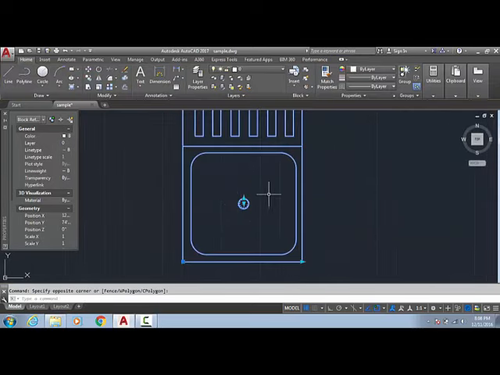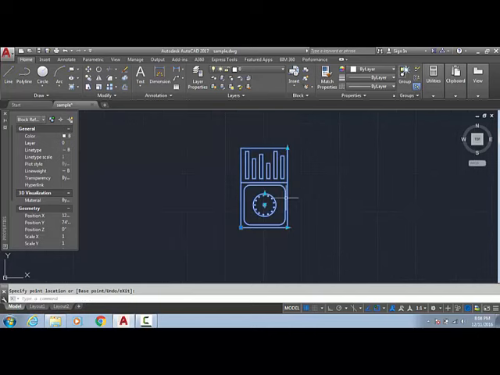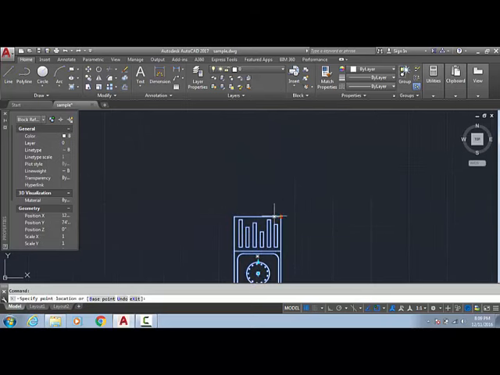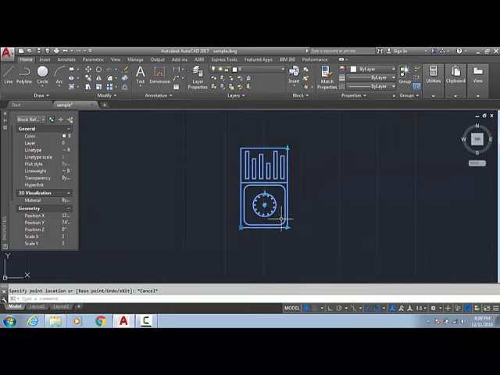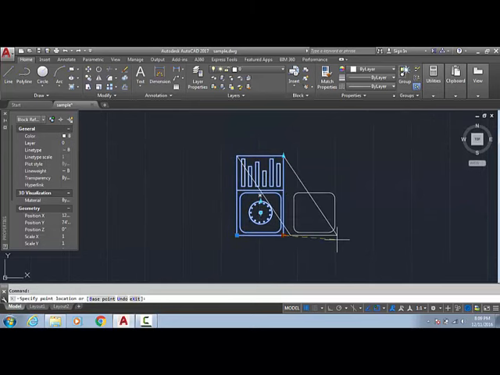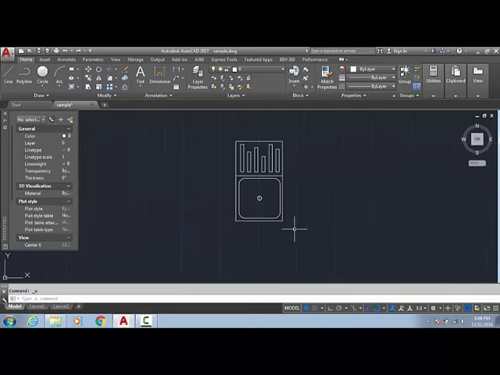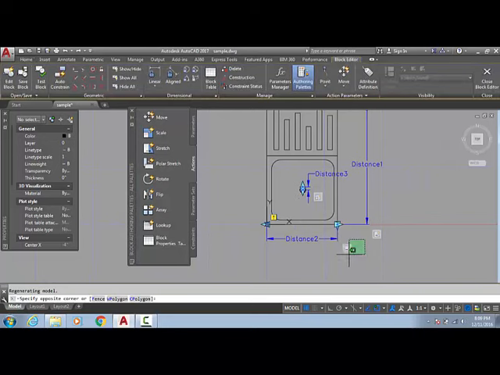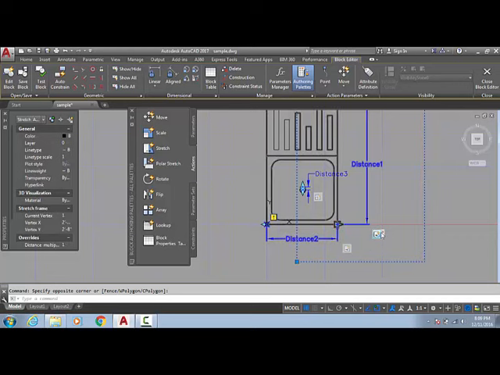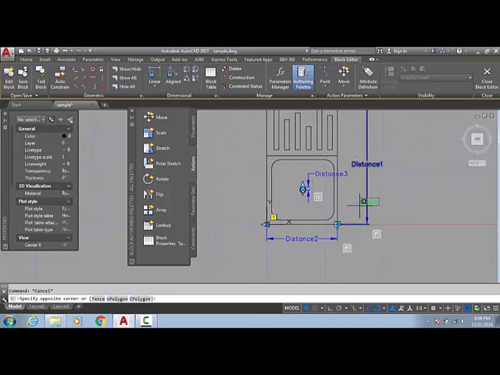Select the object. Now we can stretch this, sorry, something went wrong, we will fix this. Again we are stretching this, so what we'll have to do is stretch this, but this should not be moved. Our scale command is not working well, so again we are going back, delete the scale command. From here you can delete it.